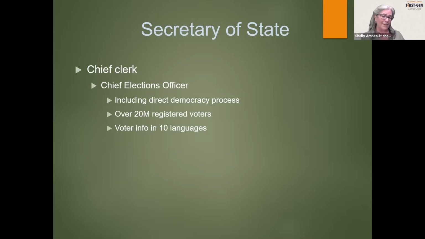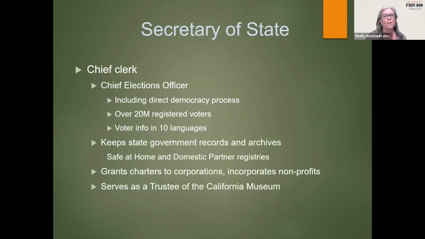For those of you who might not know, about half the states do not have any ability to engage in direct democracy at all. So there are never any propositions on their ballots through the people. Maybe their legislatures may be able to put something on the ballot, but the people cannot. So that makes the job a bit easier. Other things that our Secretary of State does, keeping track of the records and archives.